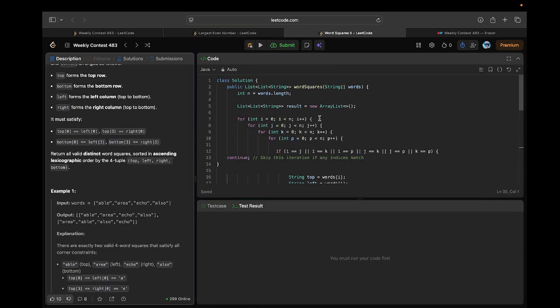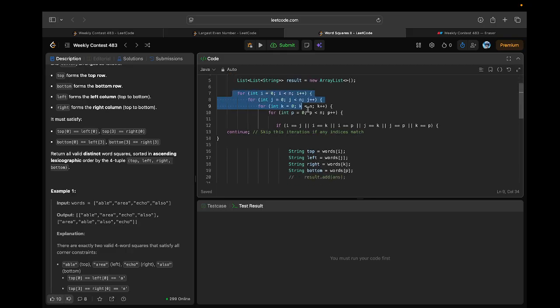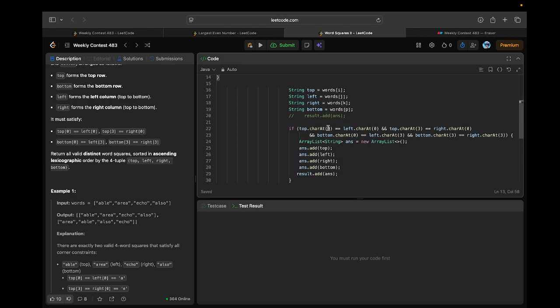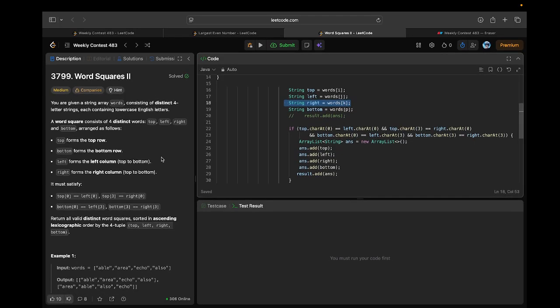What I have been doing over here is, they are asking us to return an array list of lists. So I have initialized an array list and am running 4 different loops, and as I told you, we are going to start everything from zero because we have to return all the possible combinations. And this is the thing which I explained: if those indexes are the same, then we simply continue, we are not going to consider that particular case. If it is not the case, we are taking all the corners and all the squares